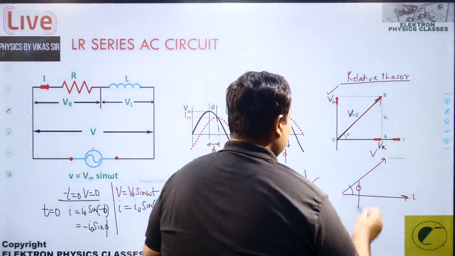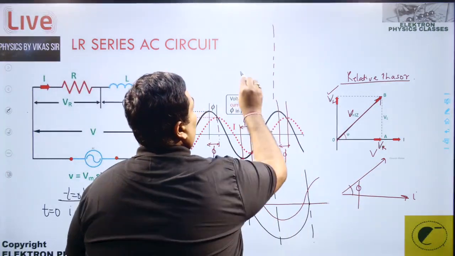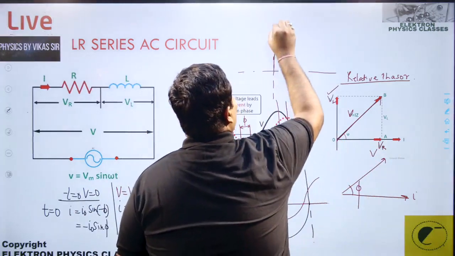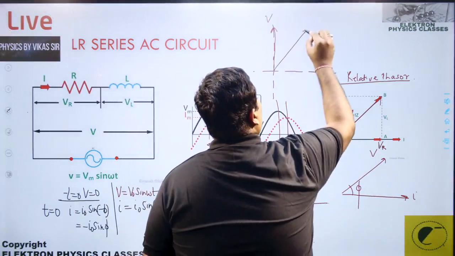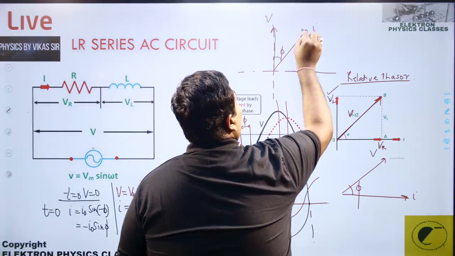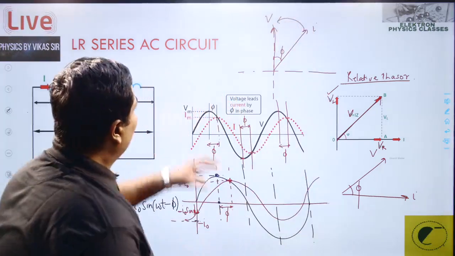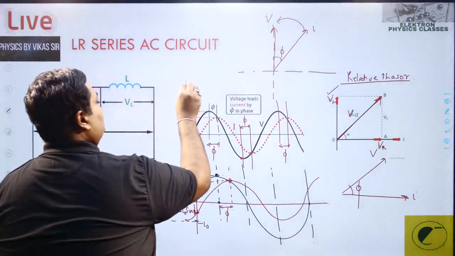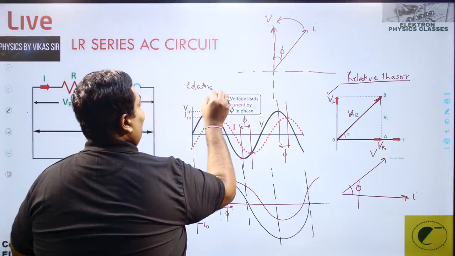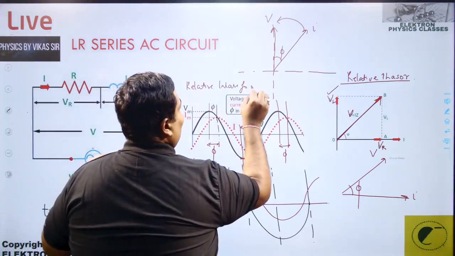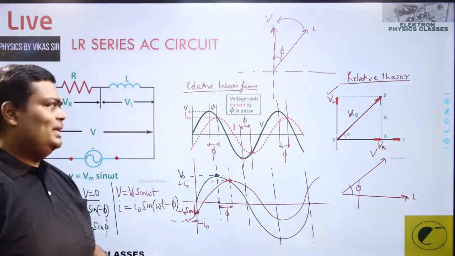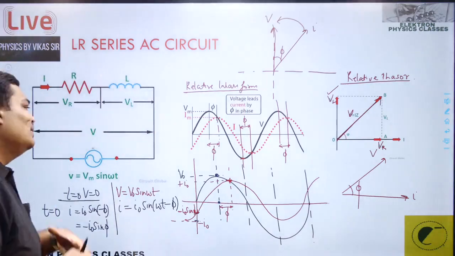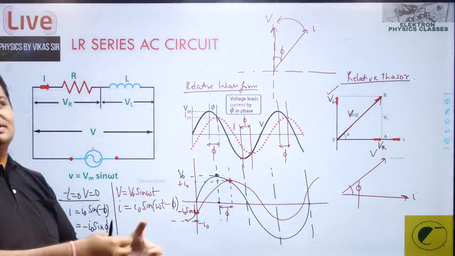And similar to this, if suppose we have taken the voltage here. So let's say the voltage is here now. So the current will be here. And this phase is phi. And this is still leading it. So the voltage is still leading the current by the phase of phi. So that is observable in the waveform also. That is a relative waveform. And that is also observable in the case of the relative phasor more easily. And therefore we learn that we try to sketch the relative phasor easily.